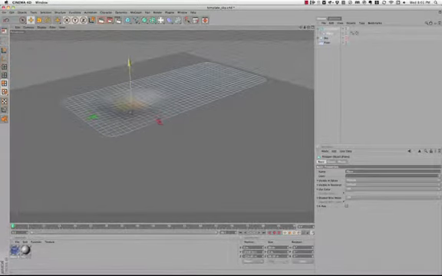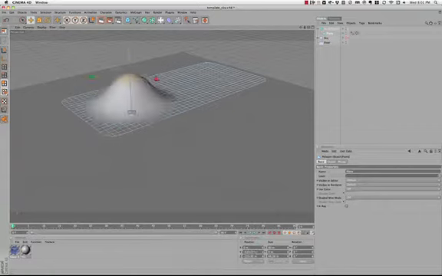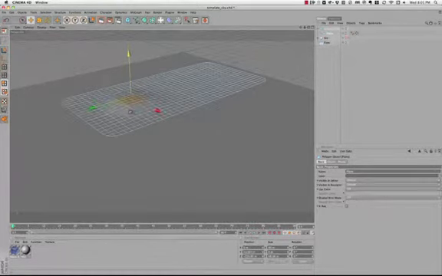And basically what it does is it smooths out, and you can see it's kind of a magnetic almost type of a feel. So you can see how I can push and pull this very easily, and I can start to make this sheet act more like a piece of rubber almost. So what I'm going to do is I'm just going to push this down a little bit by grabbing that vertical axis,